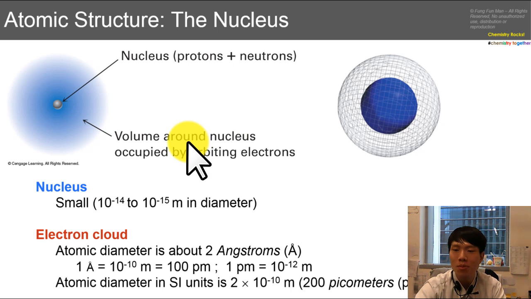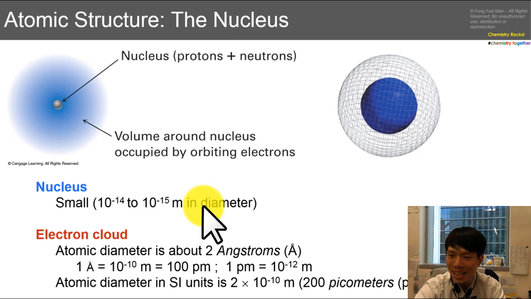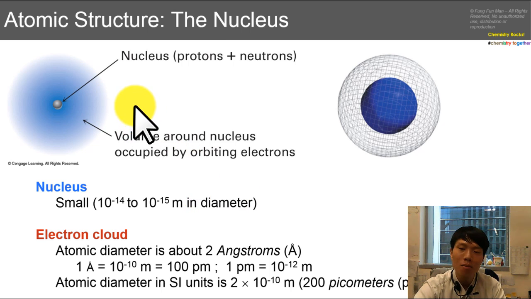Now the structure of the atom consists of mainly the nucleus, which is positively charged. Right. It is very small, 10 to the power of negative 14 to 10 to the power of negative 15 meters in diameter, very tiny. It contains essentially all the mass of the atom. And the second part of the structure of the atom will be the electron cloud. But because they are so light, each electron is about 1/1680 the mass of a proton or neutron. So essentially all the mass of the atom will be the mass of the nucleus.